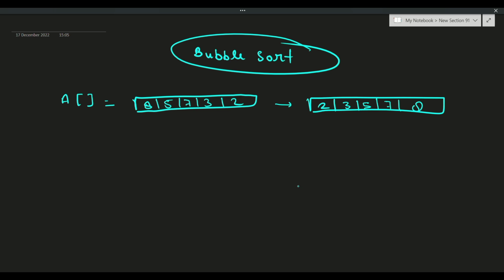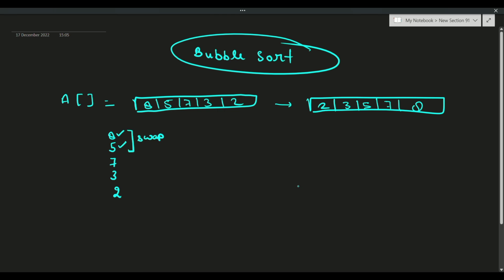First, try to write these elements in vertical order: 8 5 7 3 2. After writing these elements, you have to just check one thing. If the first element is less than the second element, then you have to swap it.